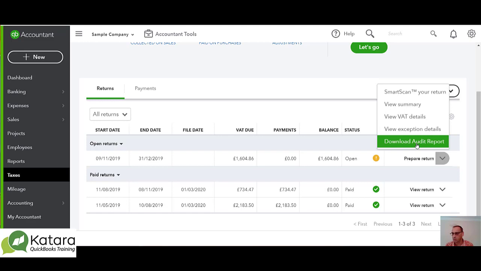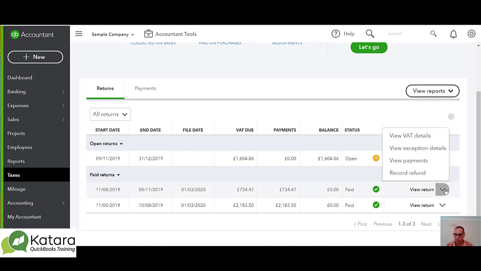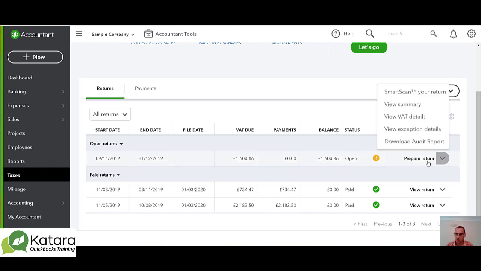What I will say about the audit report is, once we prepare the return here and we've sent it off to HMRC, this audit report will disappear. It's not available if we try and rerun it on one of these previous paid returns. So if we went down here to this return, you can see it's not available to me to select. So before you actually do a submission in QuickBooks and do the prepare return, it can be quite handy to